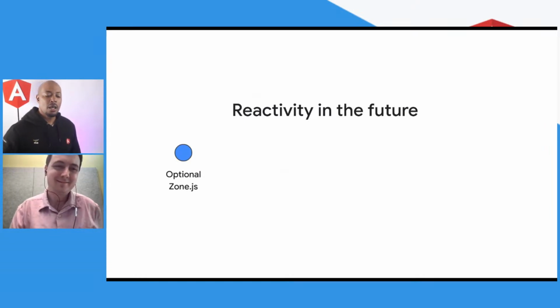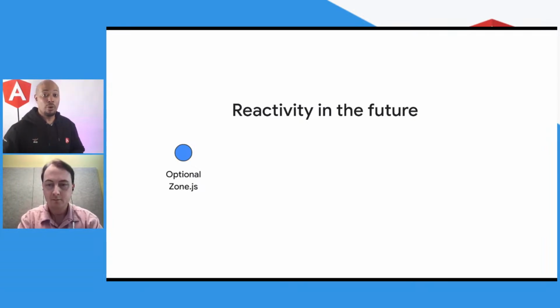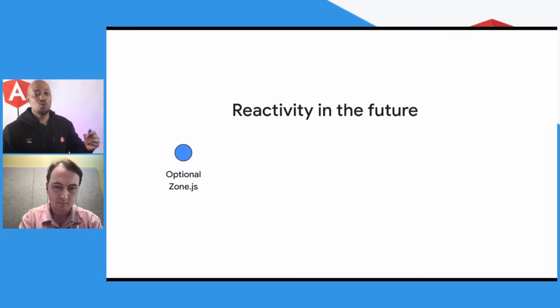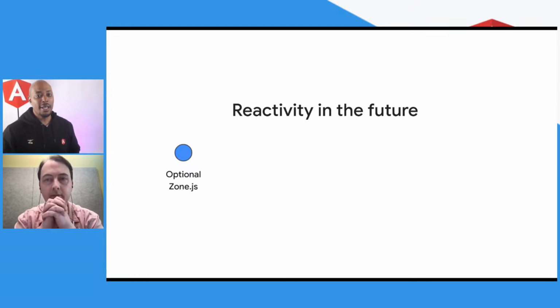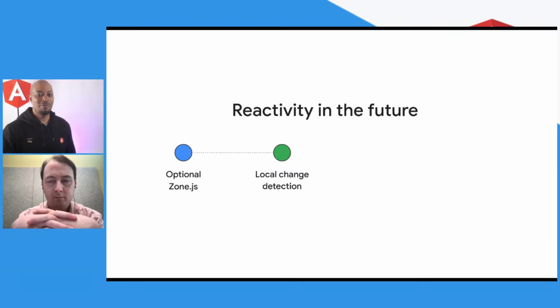All right. So where we're going to go next in the reactivity space? That's a great question. We're going to be exploring how to make Zone.js optional, but keeping backwards compatibility and interoperability. Remember, I was just talking about how it's so important for us to remain backwards compatible. I can't stress that enough. We don't want to introduce something in Angular, let's say 19 or 31, and then everybody else's Angular apps before that are just toast. We try not to do that. We don't want to make your apps toast, because we know that you folks care.